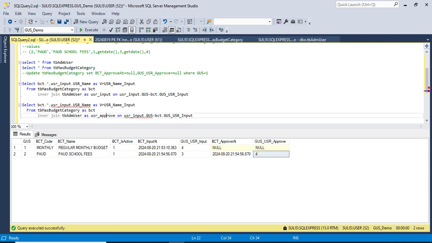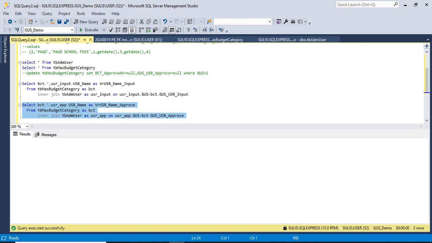Okay. User as approved. User approved goes to Goose approved. Let's see the result.